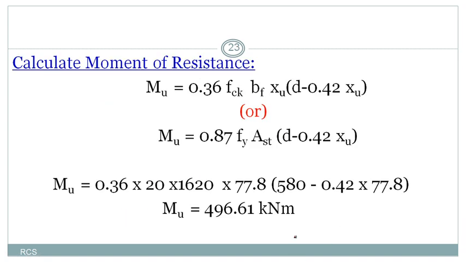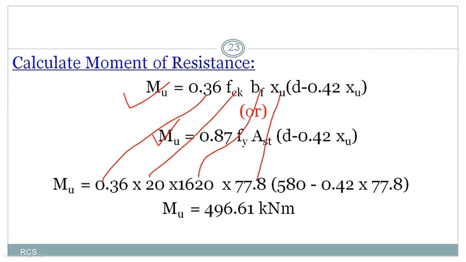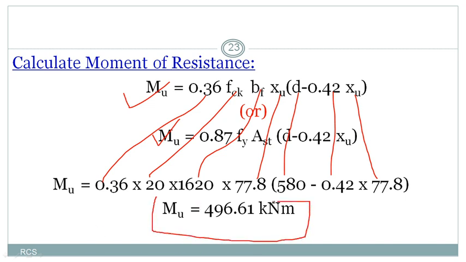Now calculate the moment of resistance. We can calculate the moment of resistance with respect to compression or with respect to tension. Here I am calculating the moment of resistance with respect to compression. So substitute the values: 0.36, fck is 20 here, and bf is the effective width of the flange, 1620, and xu is 77.8, and the effective width of the T-beam is 580, and 0.42, and xu is 77.8. After substituting all those values, we will get the bending moment Mu equal to 496.61 kilonewton